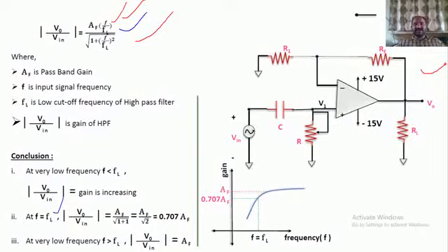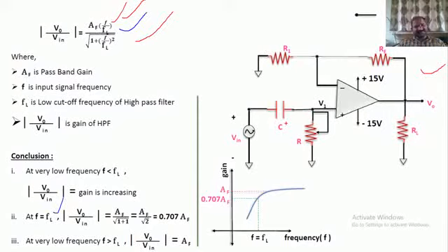That's why I can say that this particular filter is a high pass filter, and also that it is a first order high pass filter. There are two ways to explain whether the order of the system is first order or second order. For that we take the control system concept. In the denominator, when you apply the Laplace transformation, you will get 1 by Cs; C is replaced with 1 by Cs.